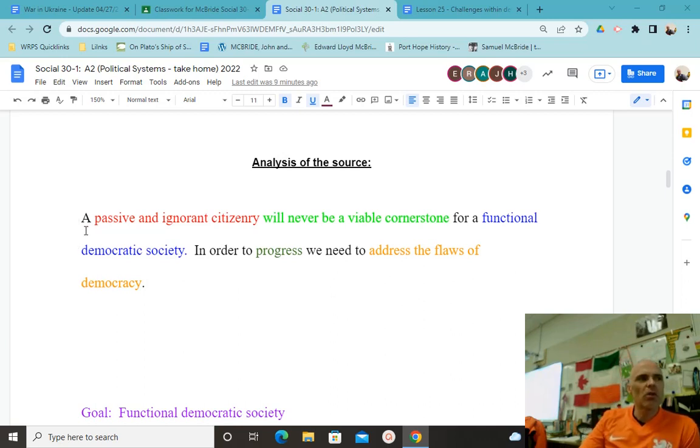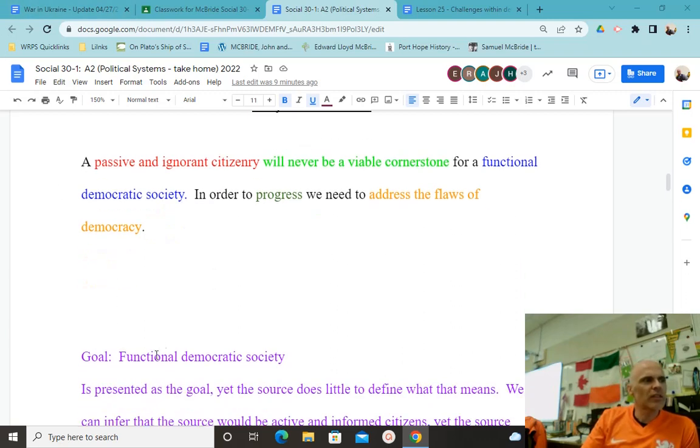Any questions about what I've highlighted? Any concern that you wouldn't have highlighted the same stuff? Can we agree that these are the quote-unquote big rocks? This is what the source is about. So in order to analyze it, we have to break down those big rocks. So I would suggest to you that the goal is this,